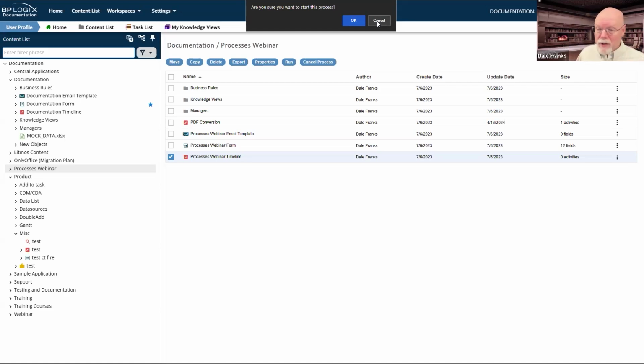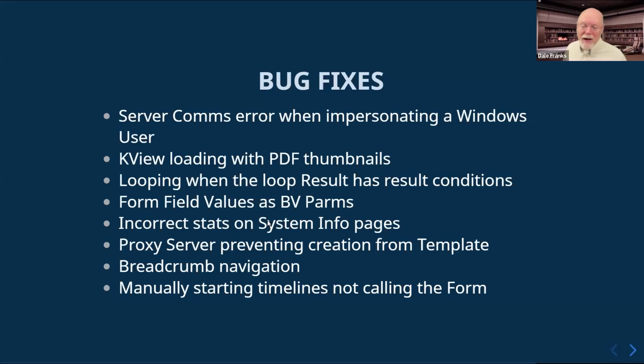But if you have access to the content list, you can, as I just showed, manually start any process timeline you want, which is fine. However, we're running into some cases where manually starting the timeline, like I just did, did not call the form for the timeline as expected. So whenever you tried to open it, there would be no form associated with that timeline.